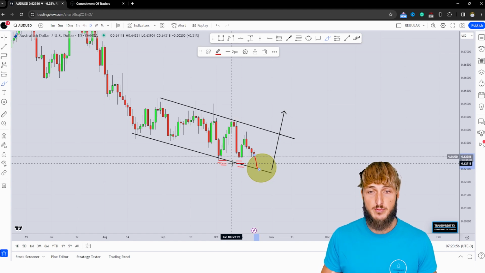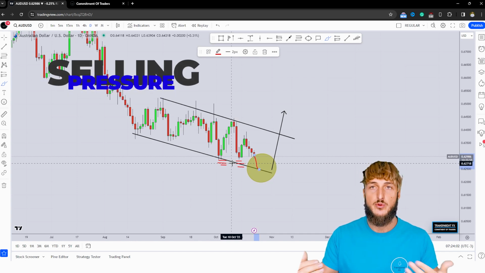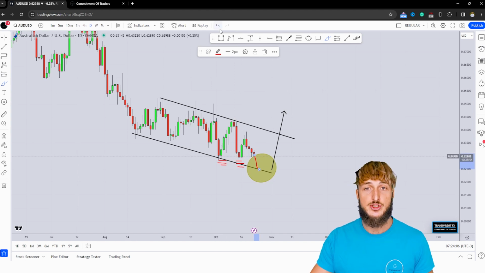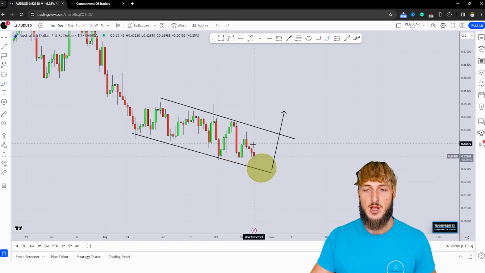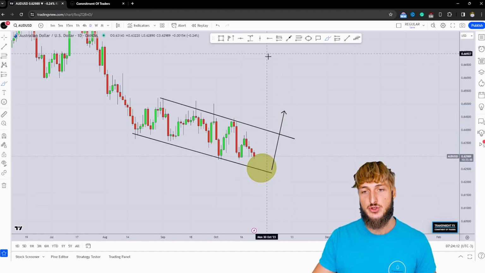So by triggering stop losses, institutions can create artificial selling pressure that they can then use to fill in their orders. That is why you see very often stop hunting in the market. So there is a good probability that on a test of this area, we could see a rejection higher away